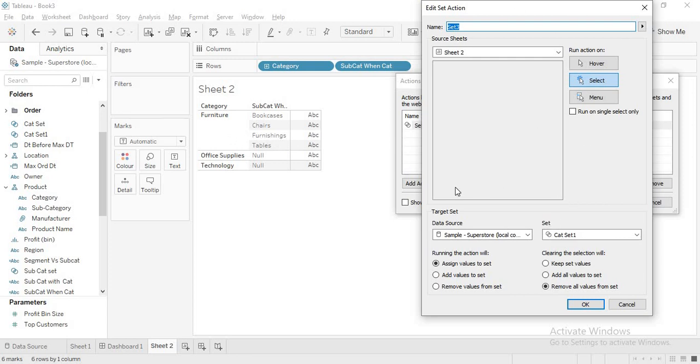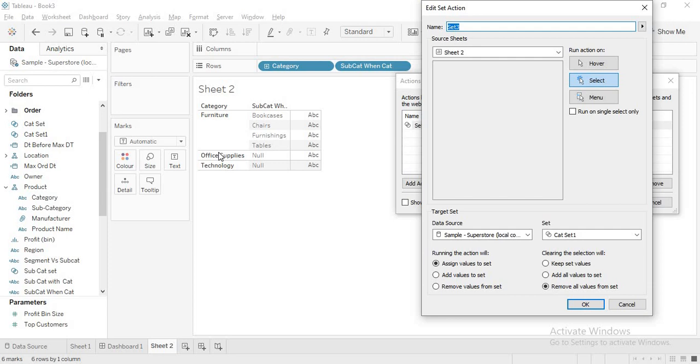So whenever we are adding set actions, what we are saying is whenever I click any of these members in the category, that value will be assigned to this set, whatever cat set we are having, and based on the calculation that we have here, those subcategories in that category member, like here the furniture is showing bookcases, chairs, furnishings and tables, right?